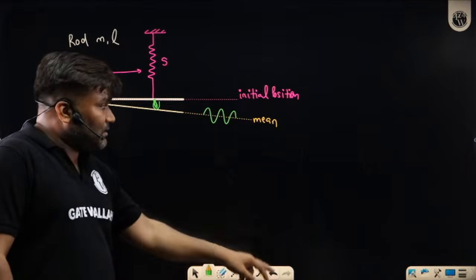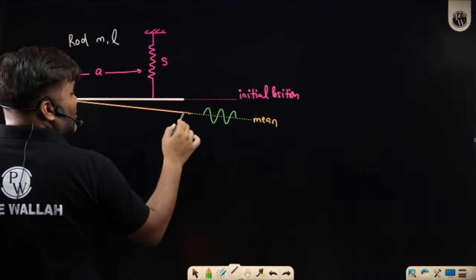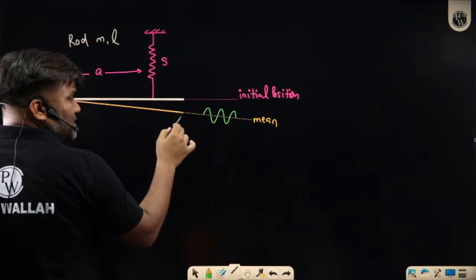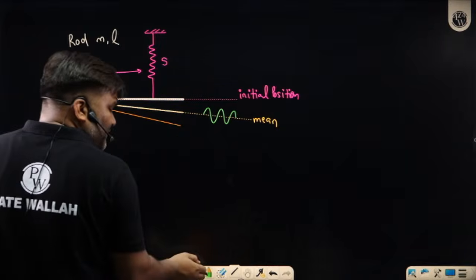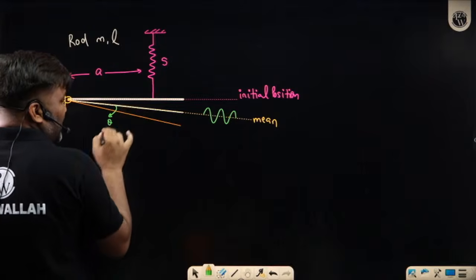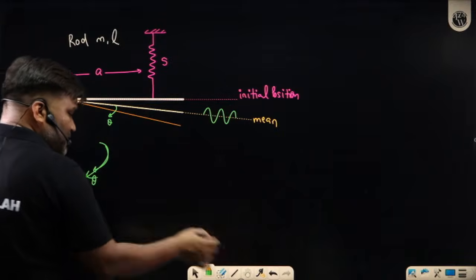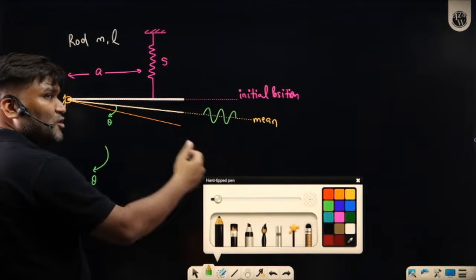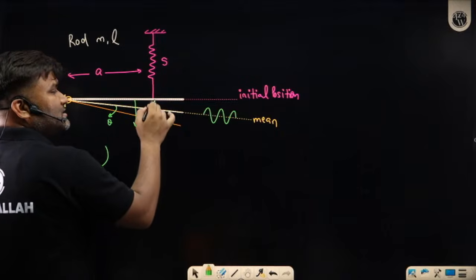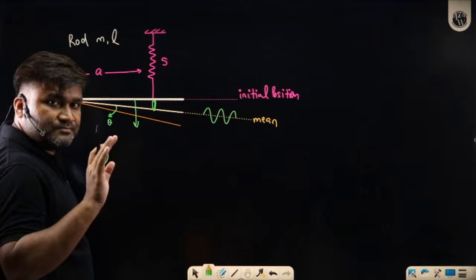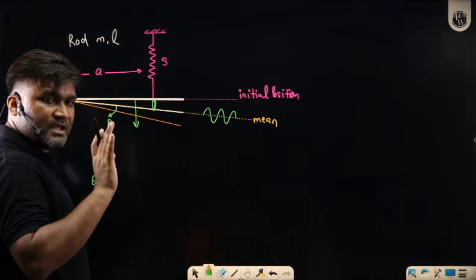Now for the analysis, when I saw this rod moving about this mean position, I found that from the mean you have traveled some angle theta, with velocity theta dot and acceleration theta double dot, moving in the clockwise direction. What are the additional torques which are coming into the picture? Don't write the weight this time. Why? Because if you write the torque of the weight, I will write the torque of the initial deflection, and both are going to cancel each other. So in this case, the weight is not going to participate in the restoration. Getting my point?